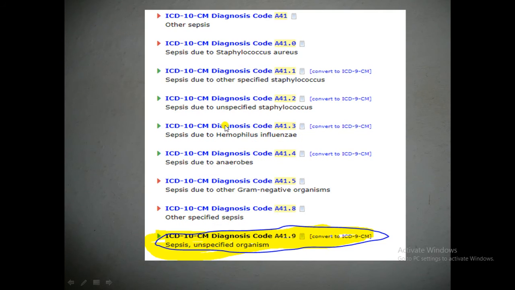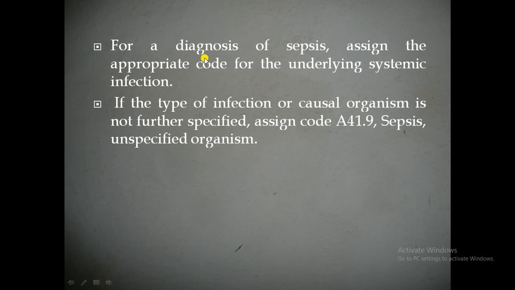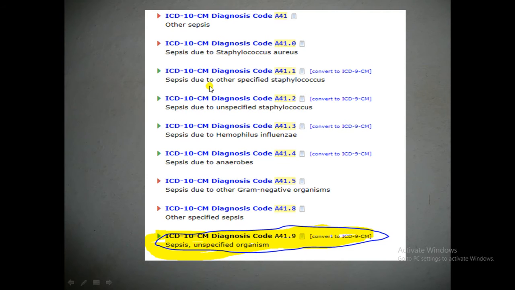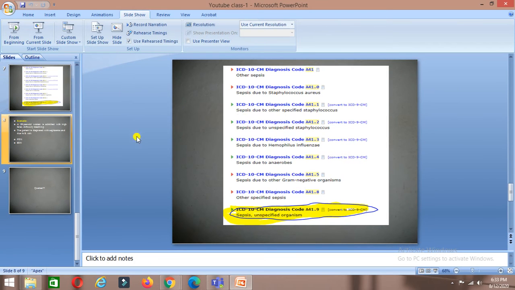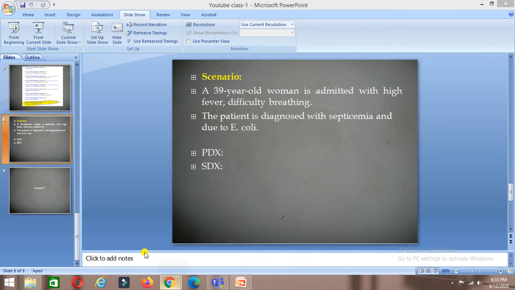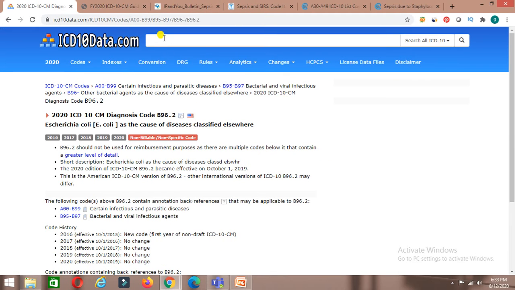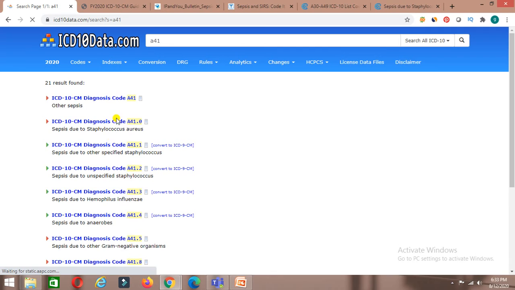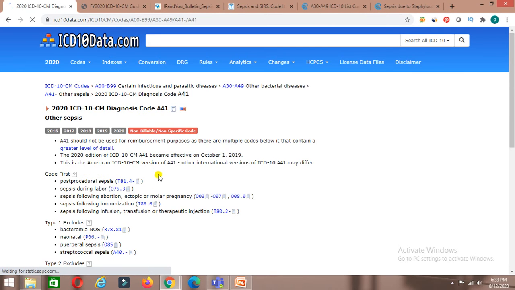We know the guideline, right? Whenever we know the underlying systemic infection, we have to assign the appropriate sepsis code based on that infection, that organism. So now we will go to the software, ICD-10. Here we go to A41, which is the series for sepsis.